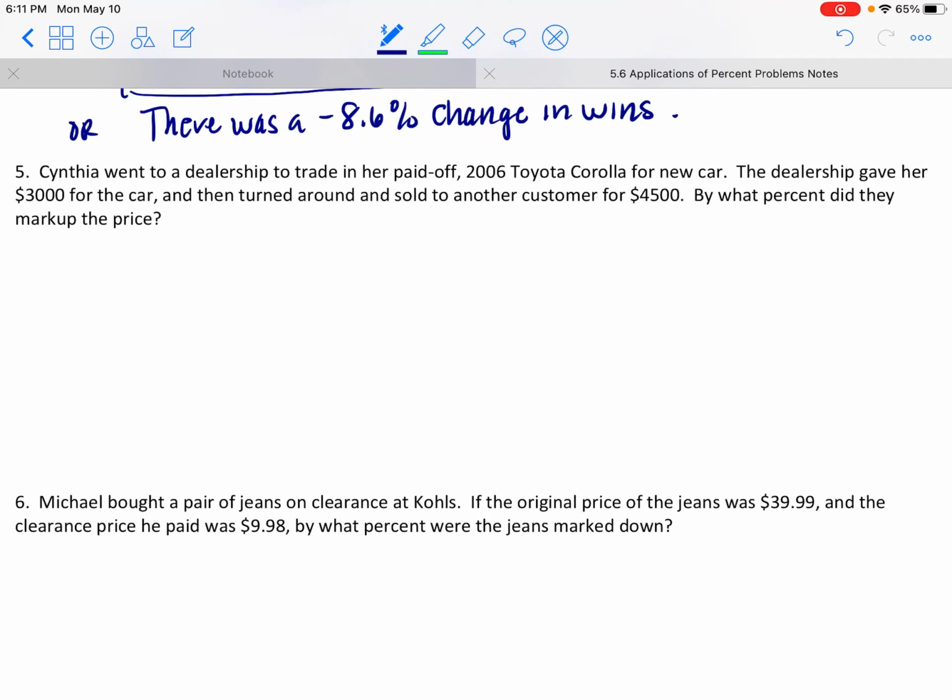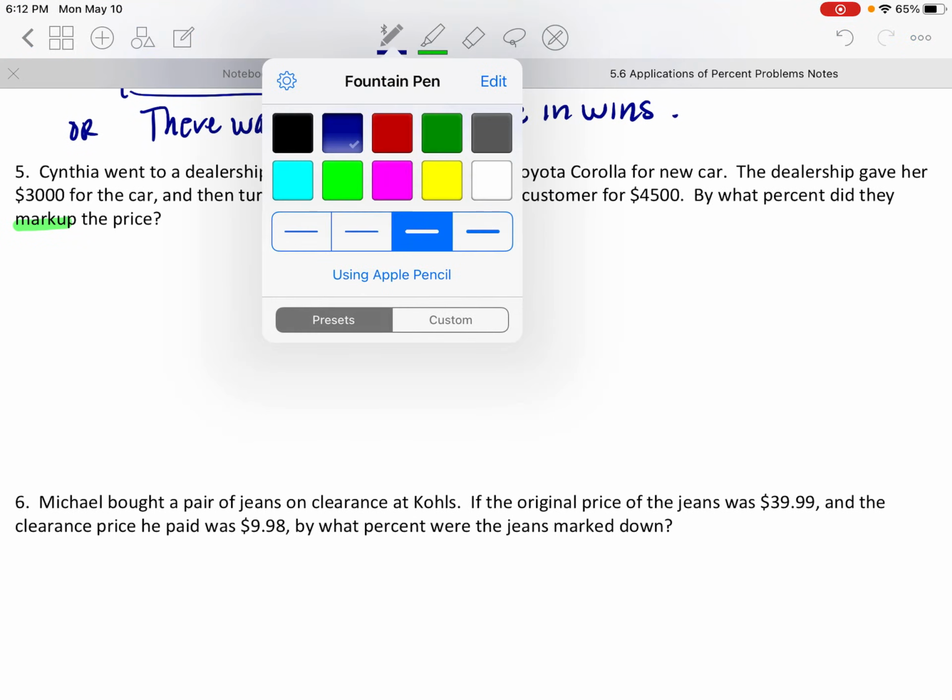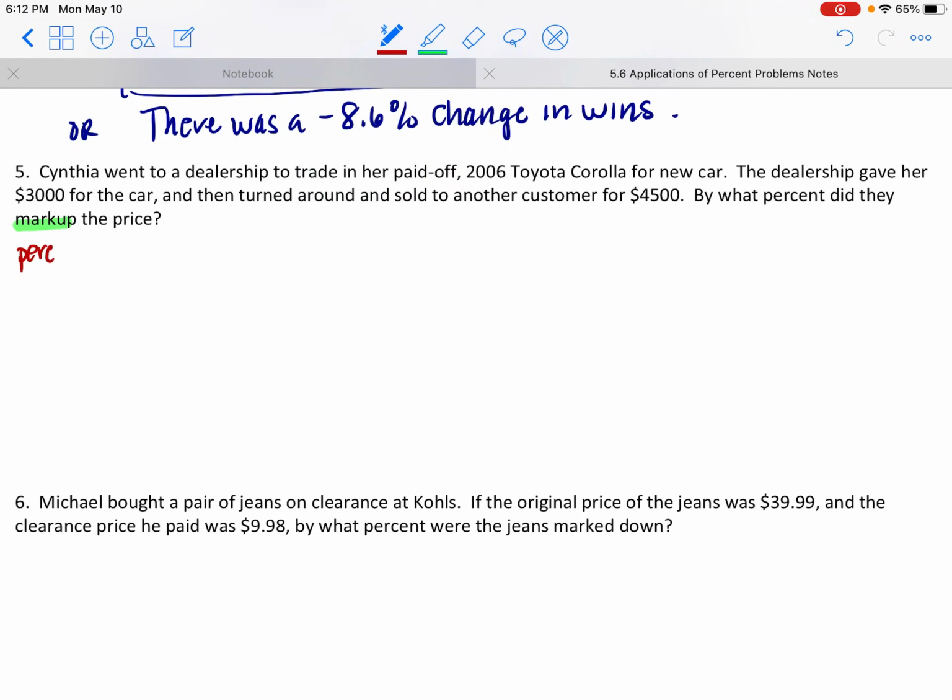So a percent markup or a percent markdown, that's a percent change. So that's like an economic word for percent change. But by what percent did they mark up the price? So we're looking for a percent increase here. So a markup is a percent increase. And a markdown would be a percent decrease. But same formula, all right? So we want to know